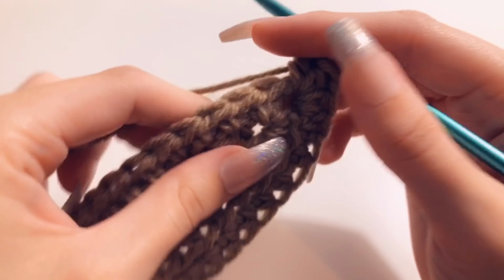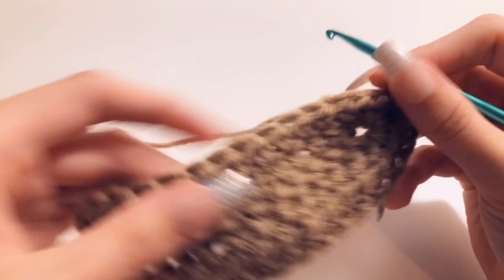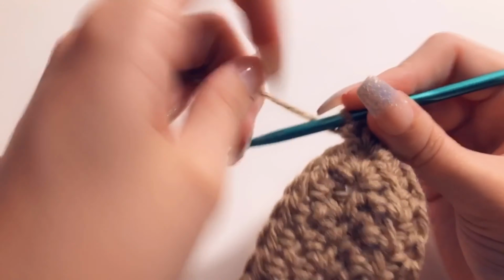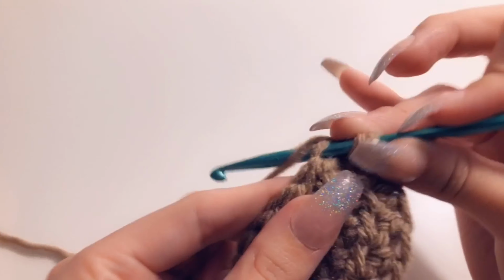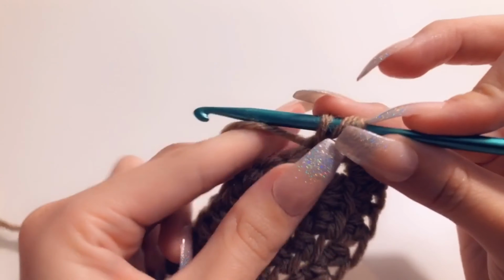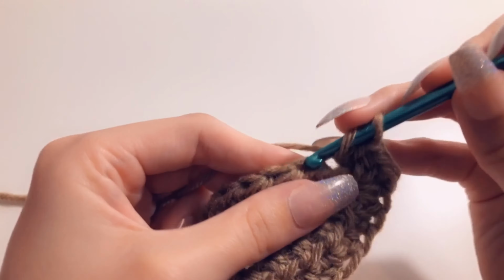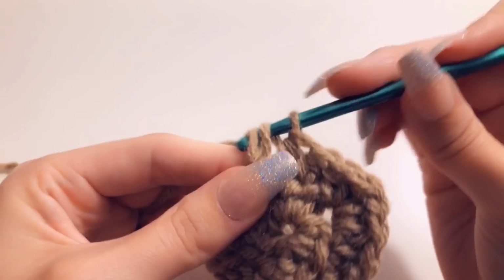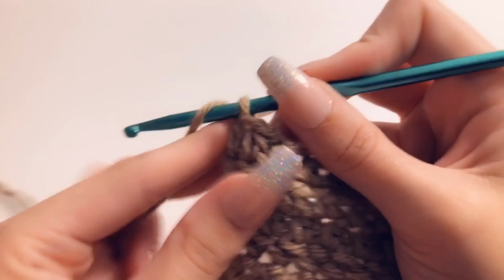Then again, you're going to do 1 half double crochet per stitch that you have for the rest of the row. So yarn over, go into the very first stitch here, and do your half double crochets, and make sure you are not skipping any stitches, and make sure you are not accidentally putting more than 1 into the same stitch. So at the end of the row, yarn over and chain 1 and turn your work,